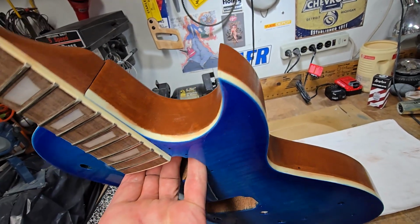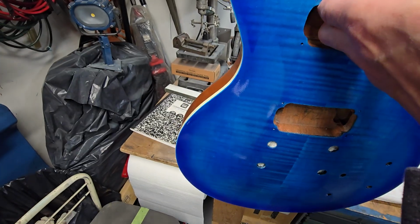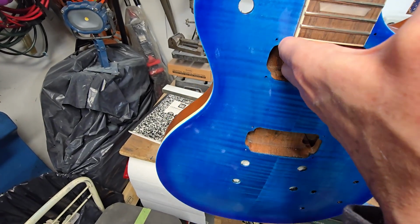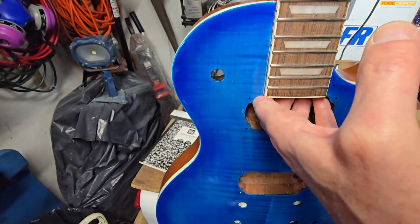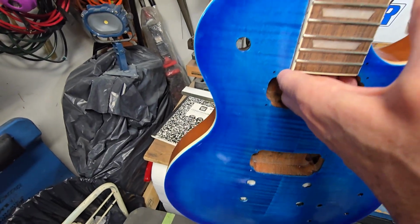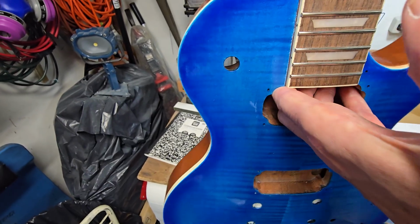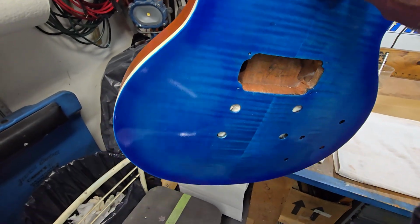It's a gun stock stain with the blue ink. I was going to do an iced tea look, like the Epiphone iced tea, but I have so many guitars with the same blonde or sunburst yellow-orange. So I decided to change it up a little and do the blue, which